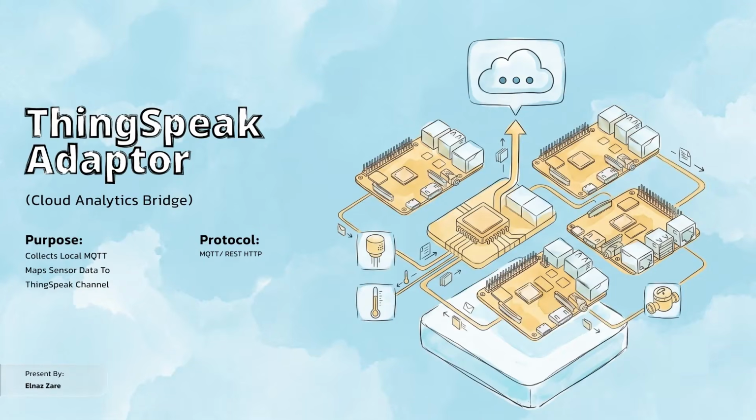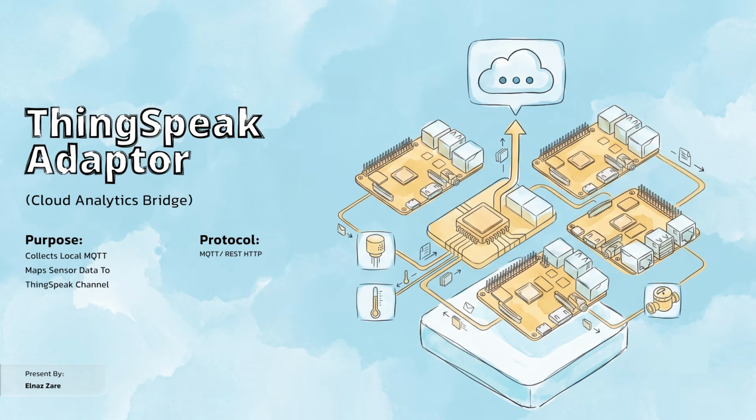ThingSpeak Adapter. This microservice acts as an edge-to-cloud telemetry bridge. It subscribes to MQTT sensor streams from Mosquitto, normalizes payload formats, dynamically manages cloud credentials, and syncs historical data directly to ThingSpeak Cloud Channels via REST APIs. Starting with